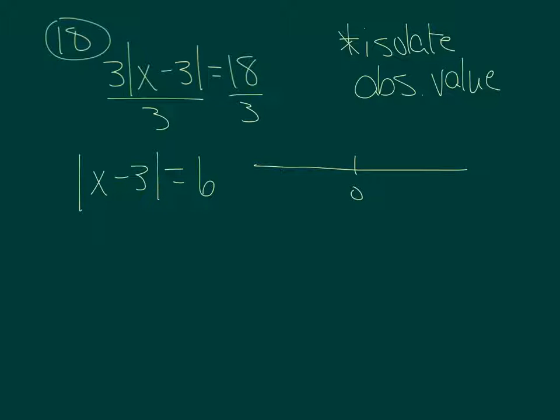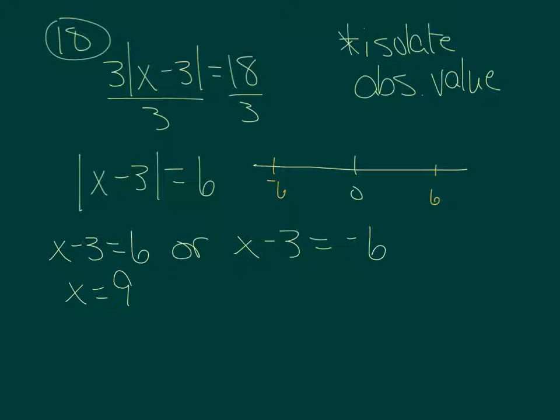What kind of numbers have an absolute value of 6? What can I put inside here and get an absolute value of 6? Well, that would be 6 and negative 6, right? So this inside the absolute value could be 6. If x minus 3 were 6, then the absolute value of that would be 6. Or it could be negative 6. Notice I didn't change anything inside here. I looked at this number, and to get an absolute value of 6, it had to be positive 6 or negative 6. Now I have two very straightforward things to solve,